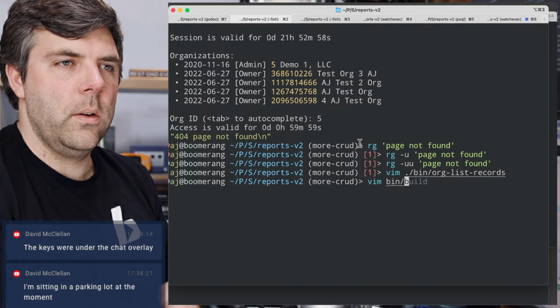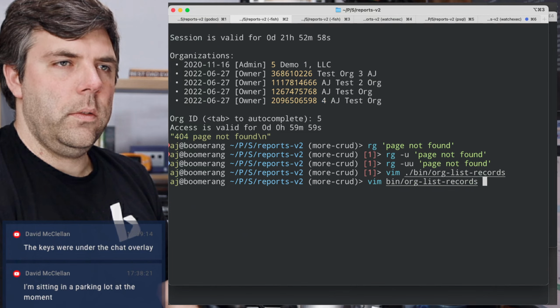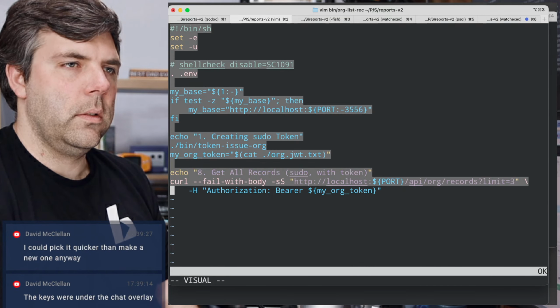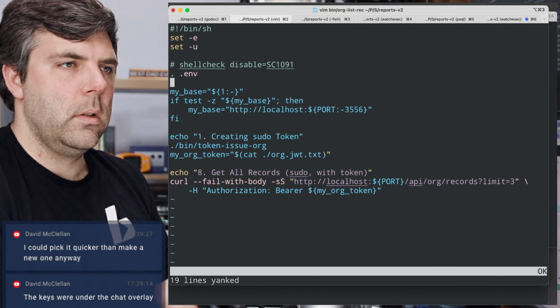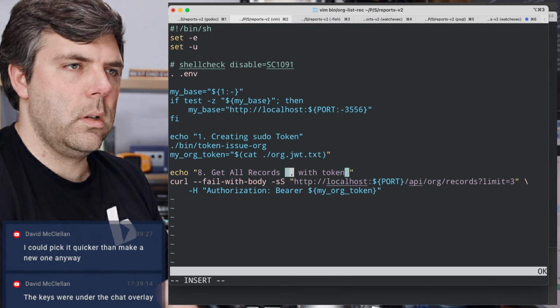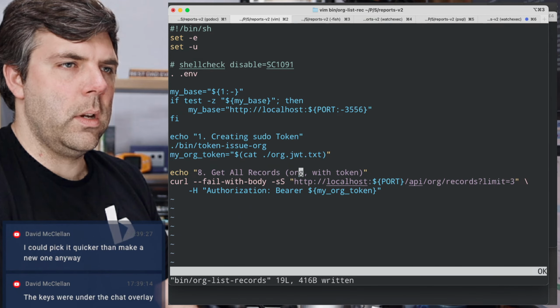All right. Okay. So, org list records. Should be org with token, not sudo with token.